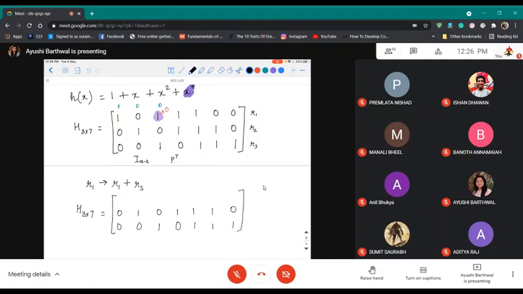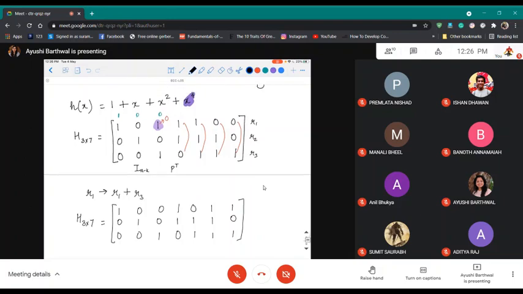The only change will be in the first row, which would be 1, 0, 0, and you have to add these terms, so it would be 1, 0, 1, 1. So this is the parity check matrix that you obtain, and the earlier parity check matrix was